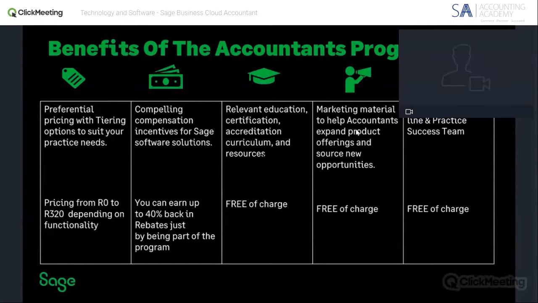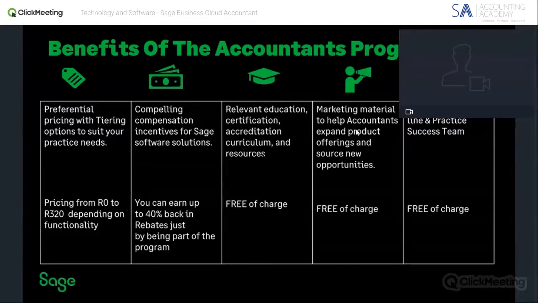And that really does go a long way in creating trust, especially to other businesses as well, because Sage is a reputable brand. Another thing that we have for our accountants, and specifically our accountants, is a dedicated support line and a dedicated account manager to help you with your account. It's not restricted to just Sage Business Cloud Accounting, but maybe future plans that you have in your practice, or maybe some events that you would like to do to attract more clients.